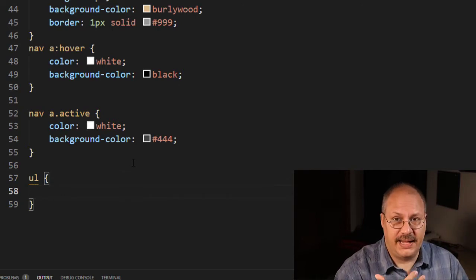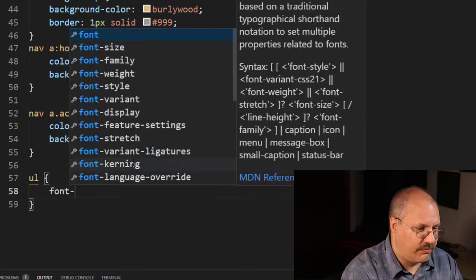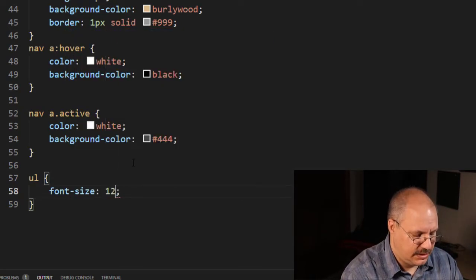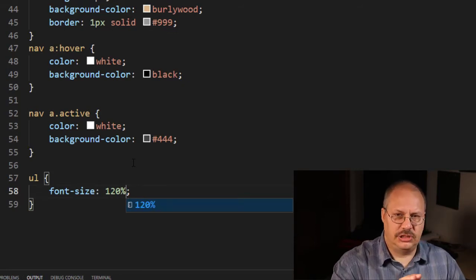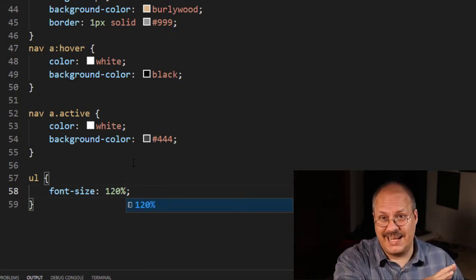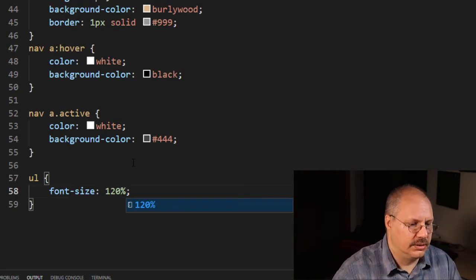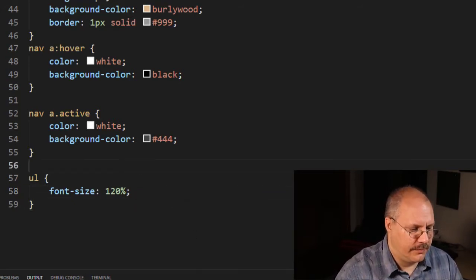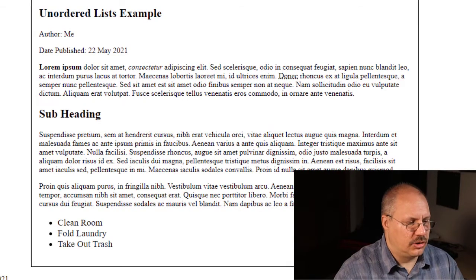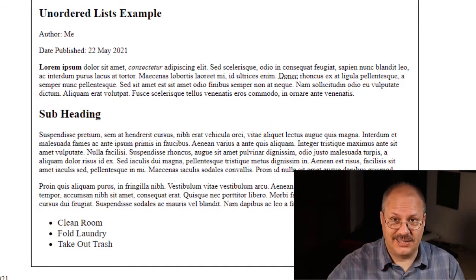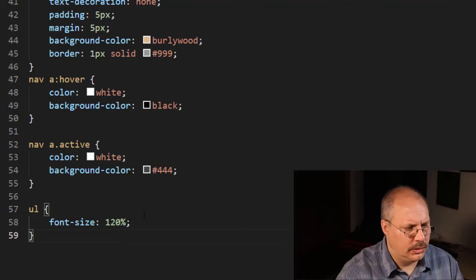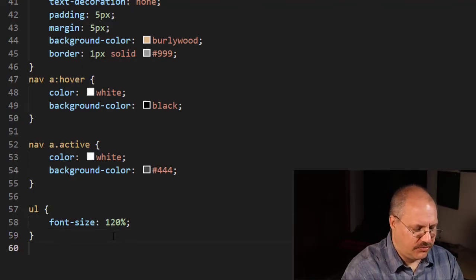And we'll specify that if you're an unordered list, I want our font size to be 120%, just so it's a little bit bigger. And this is going to take care of any child tag under the unordered list. So if I come here, you'll notice that now it's bigger. It's going to stand out a little bit more. But I can do other things. So for example, I'm going to specify